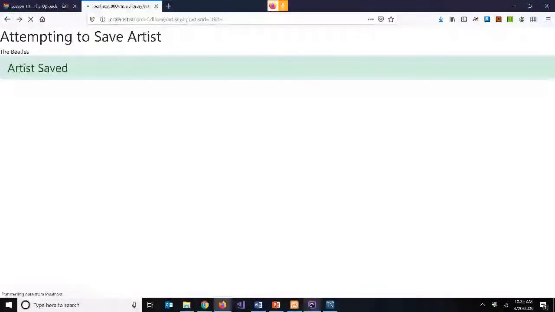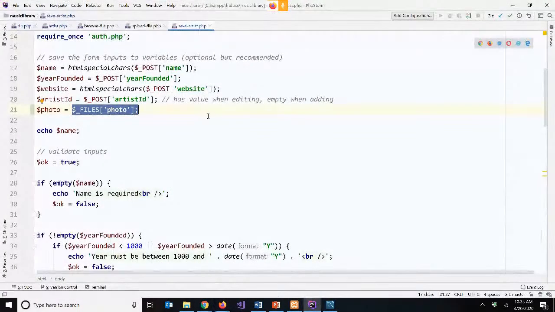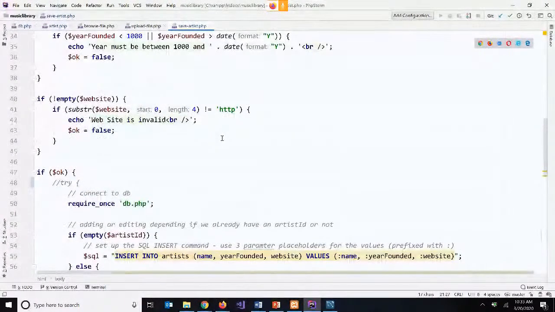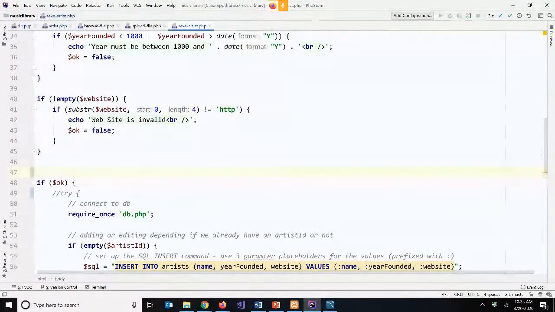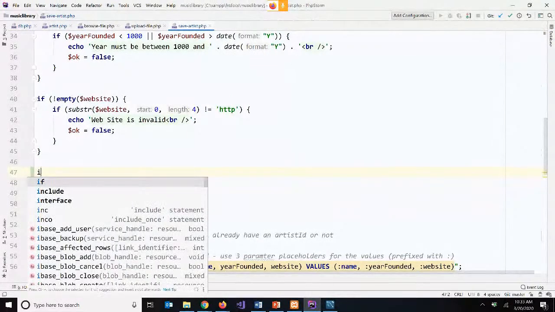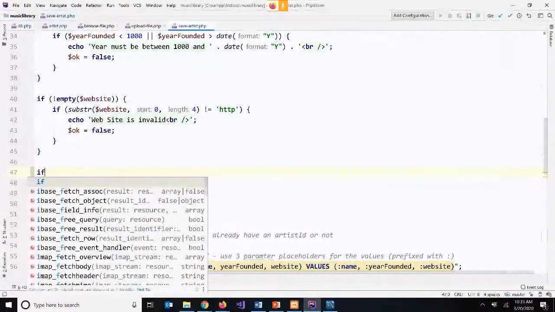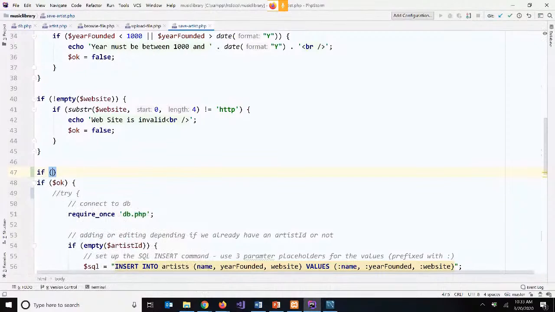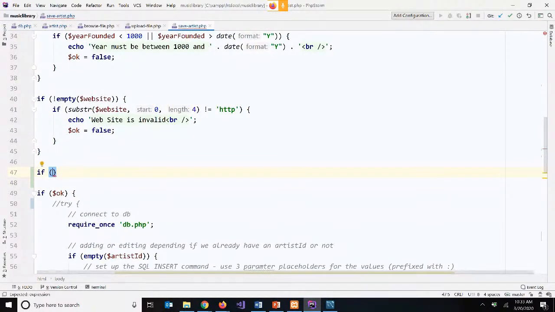So that's okay. It did run an update, but that's fine. So now we want to validate the photo. Let's see, what happens? We can try to use the empty function. It may not be our best way of checking, but we'll see. So if our photo is not empty,